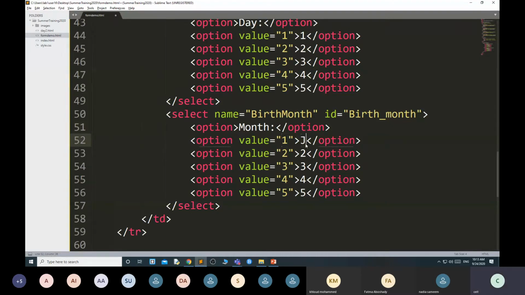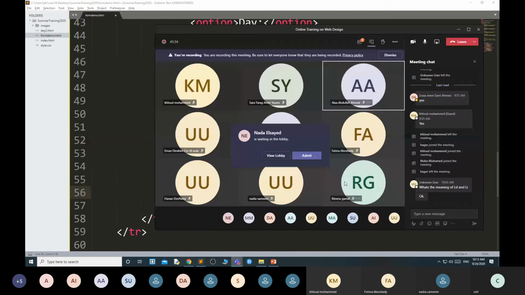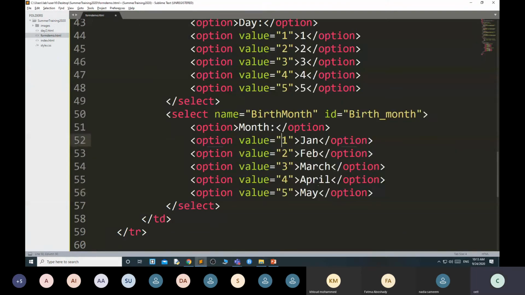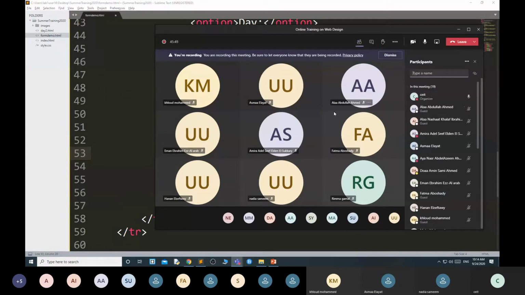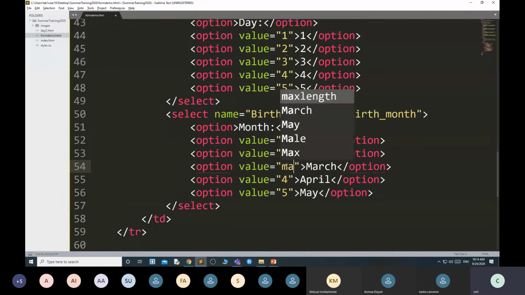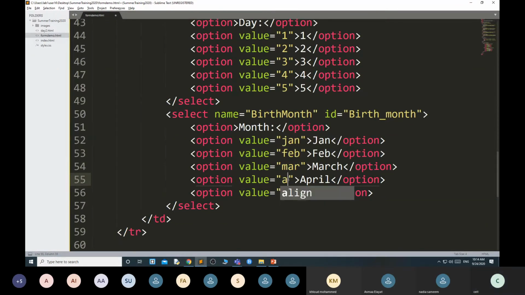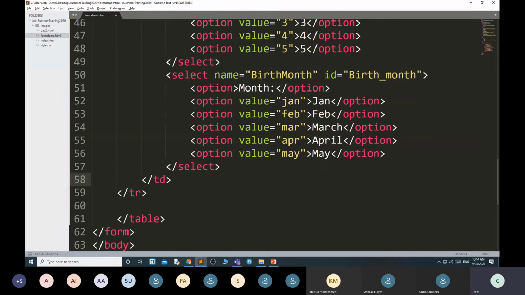Or else you can give the values Jan, Feb, March, April and May. Then for year,